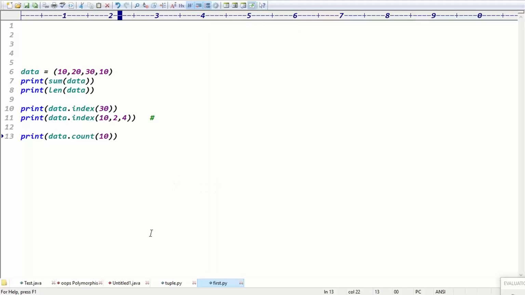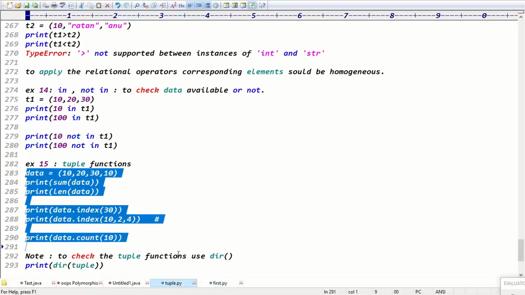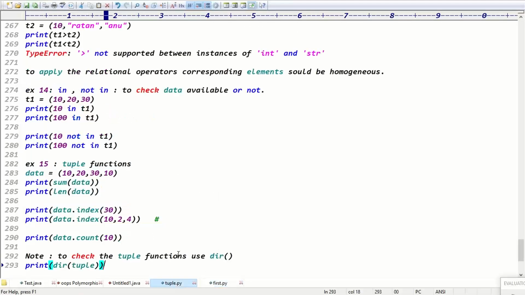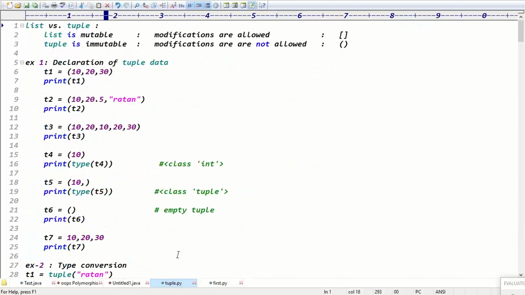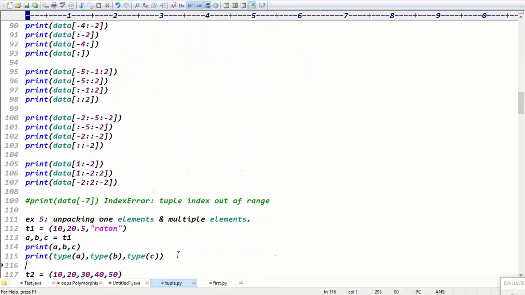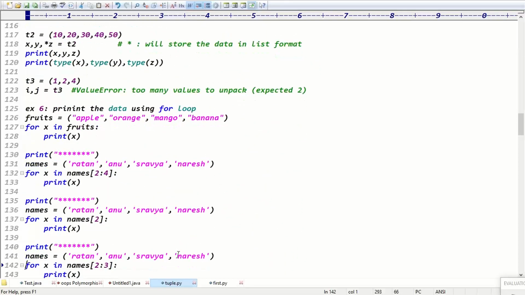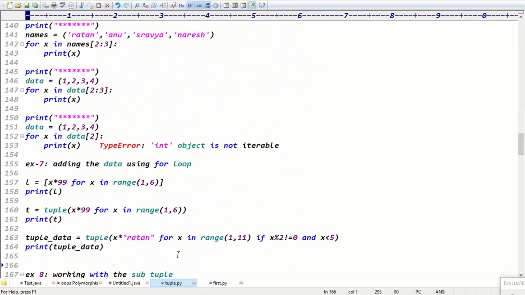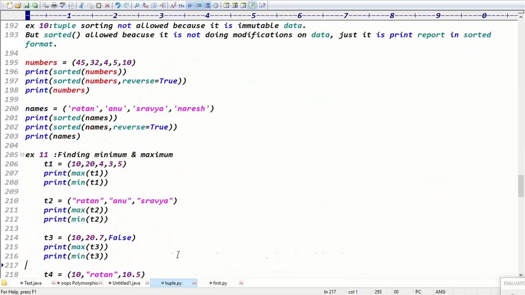Exactly. Guys, we got clarity about the complete tuple elements, right? We discussed it. All operations are familiar, guys, because we did all these operations previously with lists and strings. That's why I discussed all the examples in today's class itself. Try to run all these examples, guys. Guys, any questions? Tell me, please.